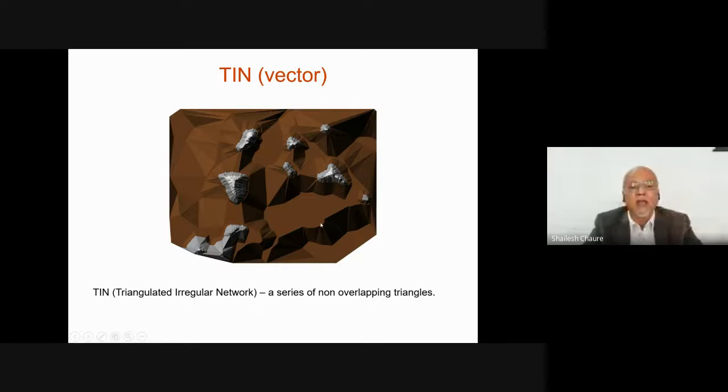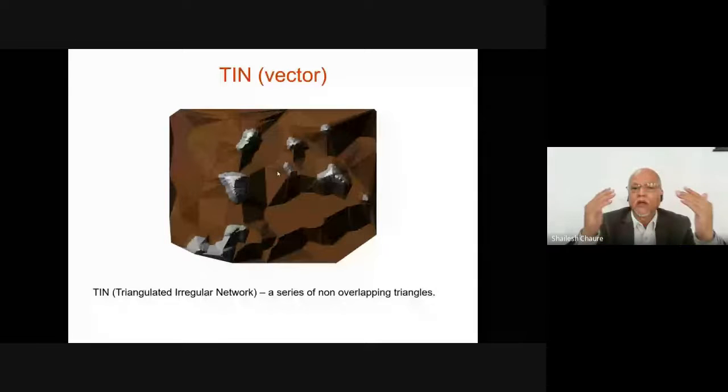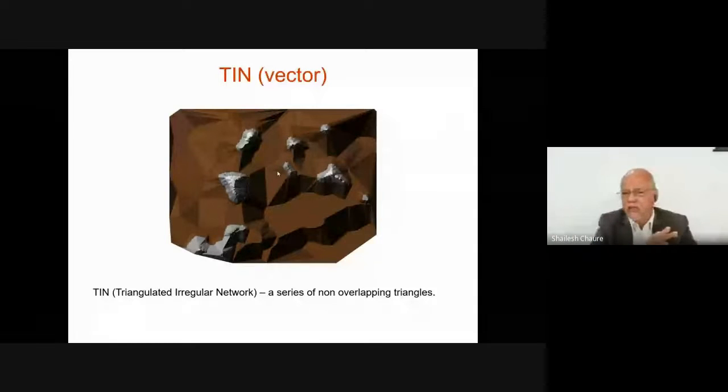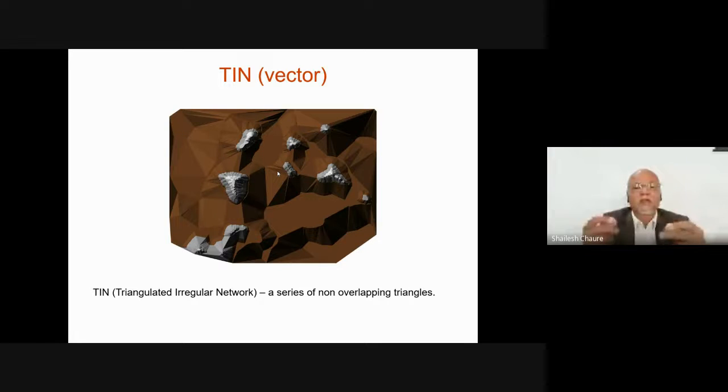So each node of this triangle has the information of X, Y, and Z. So like this, the entire surface is made up of triangles of different orientation. This orientation is computed based on the slope of the ground, and the slope can be computed from the contours. Okay, so complex trigonometry and all that. But that's why we need the software, because manually if you try to calculate it, it will be a very tedious task. But software will calculate it within minutes